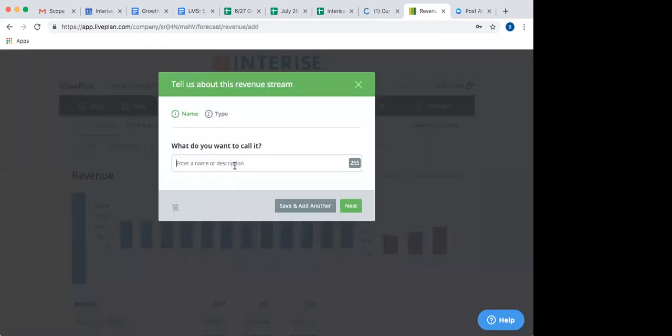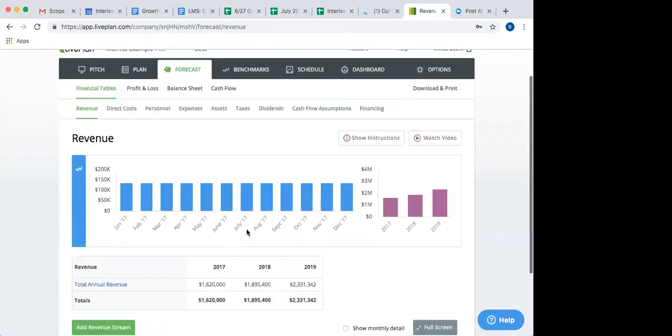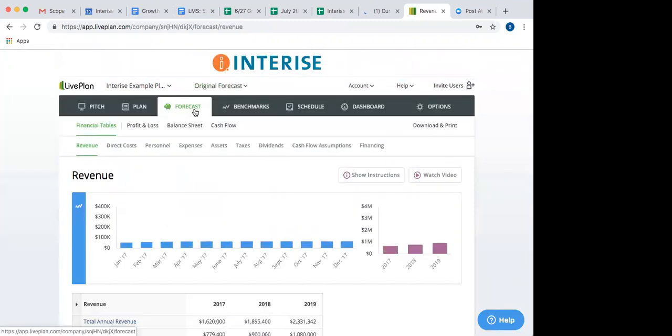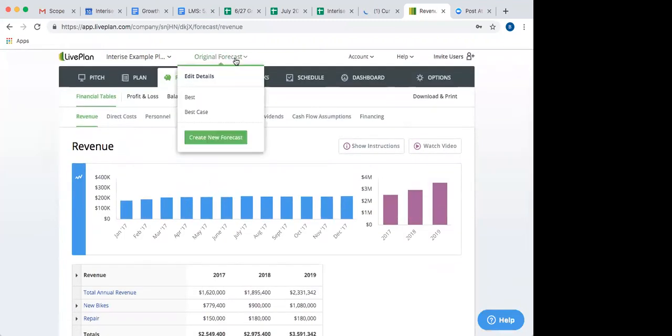So you could add that in, you can give it a description, then you select next, and it just walks you through the whole thing. And then you can see, all right, what's my original forecast? I can go to my original one. Here's my original. But then I can say, well, if I added that revenue stream, and if the revenue came in the way that I'd hoped it would, this is what our financial situation would look like, 6 months, a year from now. I like that feature that you can play around with forecasts while always keeping your original forecast intact.